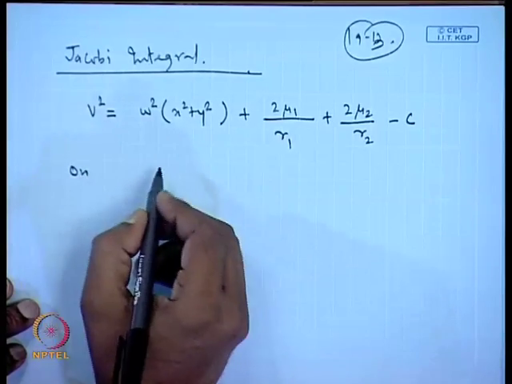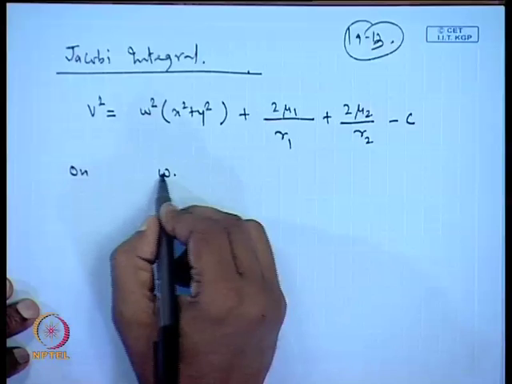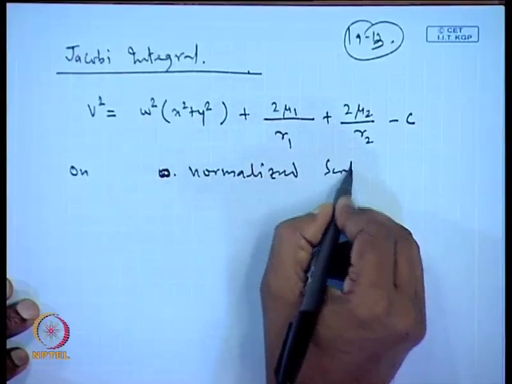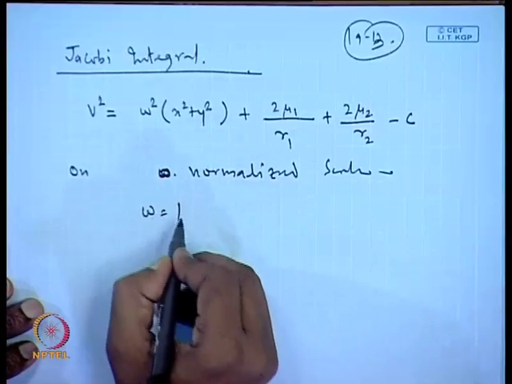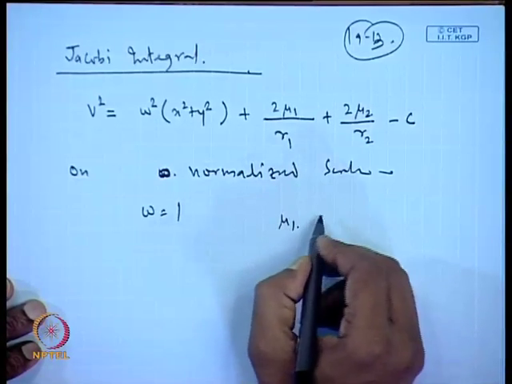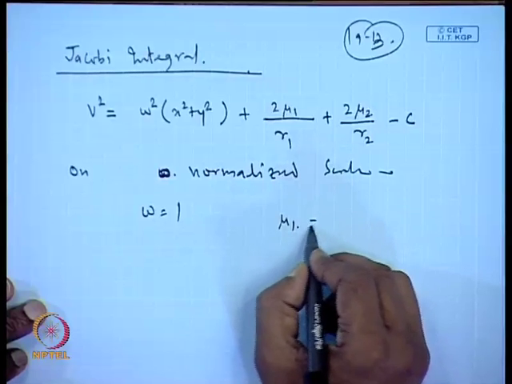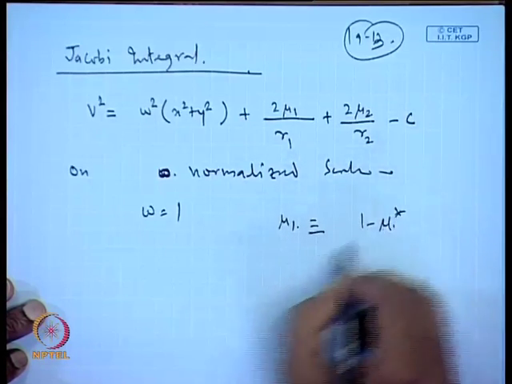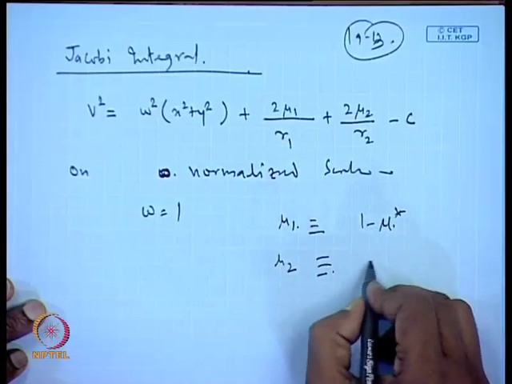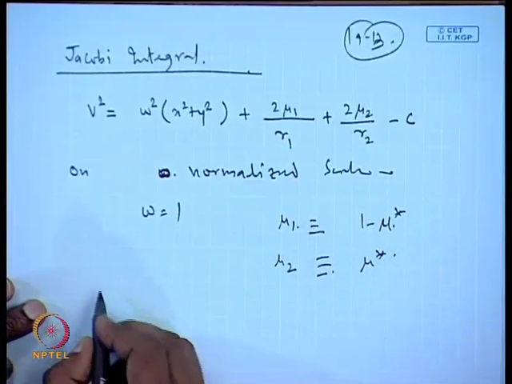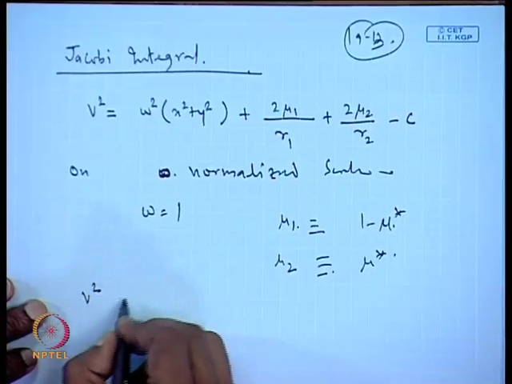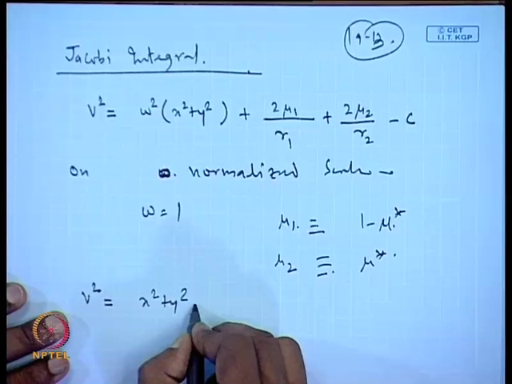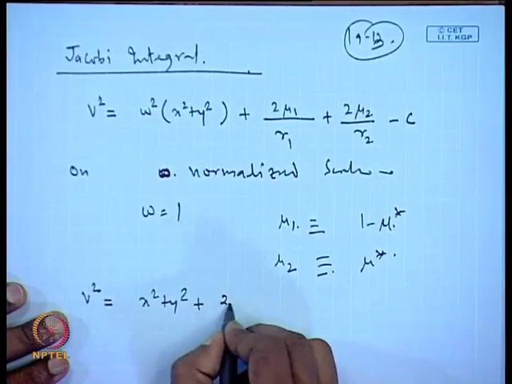So, again on normalized scale, we wrote omega is equal to 1 and mu1, obviously then we are writing as 1 minus mu star, and mu2 then becomes equivalent to mu star. Okay, so, then this equation gets reduced to x square plus y square plus 2